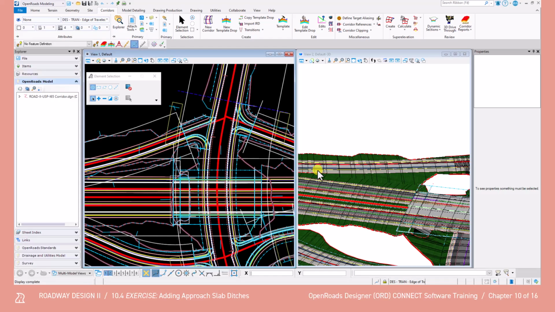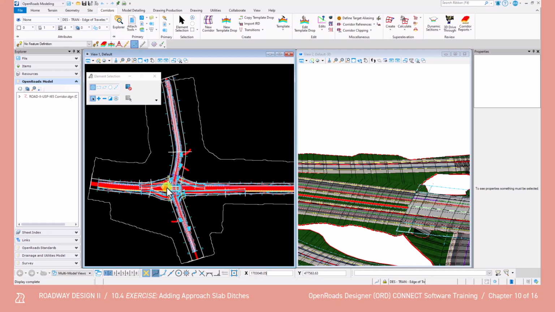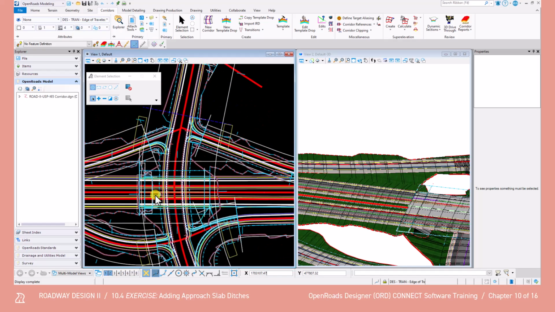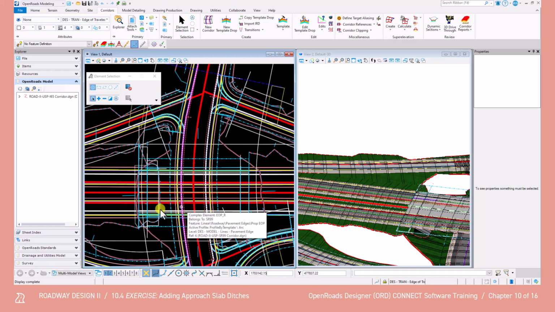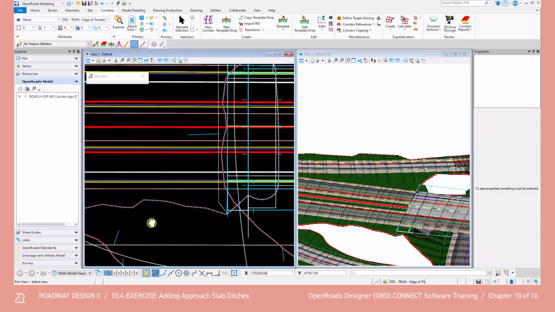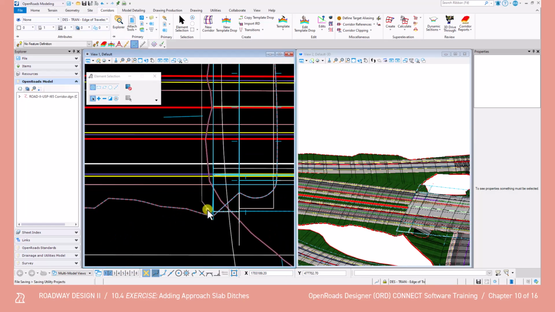And by default, the triangle should be turned off in both the 2D and 3D models. So within the default view, rotate the view so that the I-65 corridor stationing runs left to right, with the EOP-L being on top. We need to locate the bottom left corner of the bridge. The ditch civil cell are set up to work when the upstation is left to right in the plan view. Note that the bottom left corner of the bridge approach slab is located on the right side of the corridor